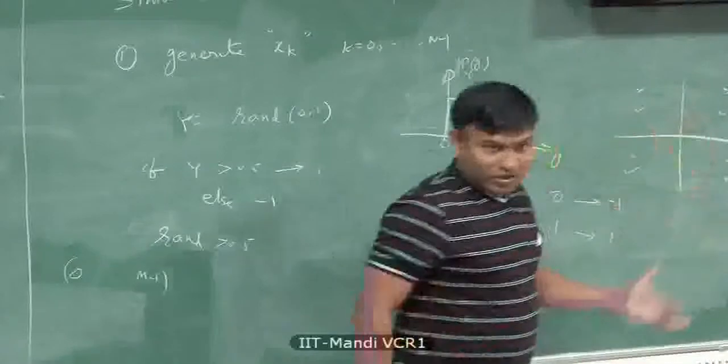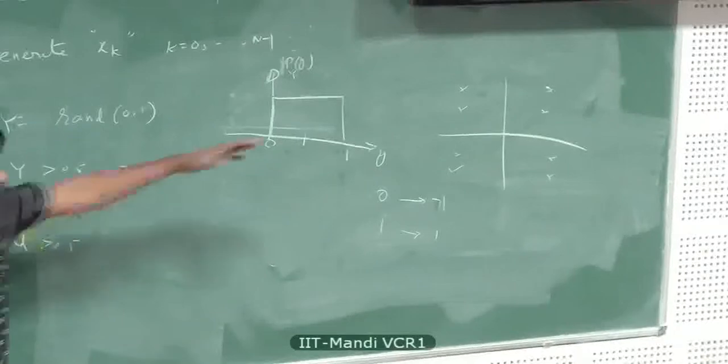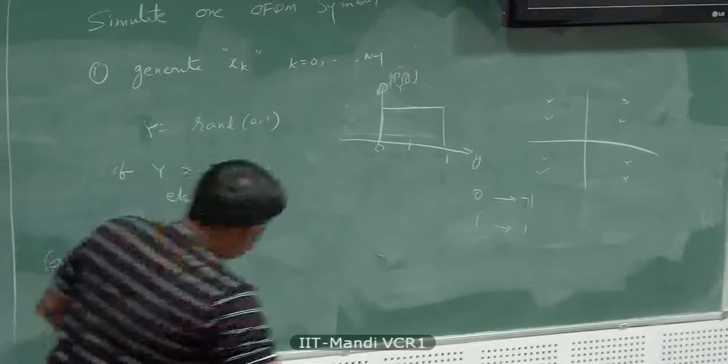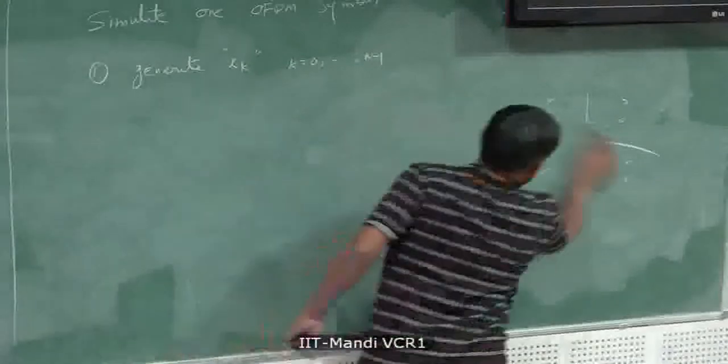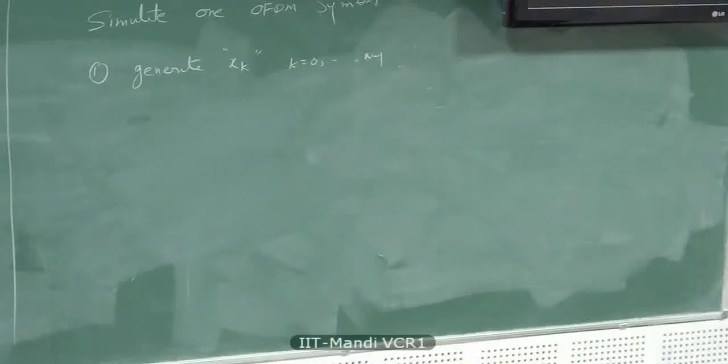Something like this, right? These are the points in the constellation. You assign 0, 1 up till whatever the number minus 1, and you do a randint and then look it up. That's another way of simulating the values of xk. But for the time being, it's very simple. You can just do a rand and then threshold it. That's the first step. So we generate xk and you store those values, N values, and you use what we call IDFT, but you use the IFFT command.